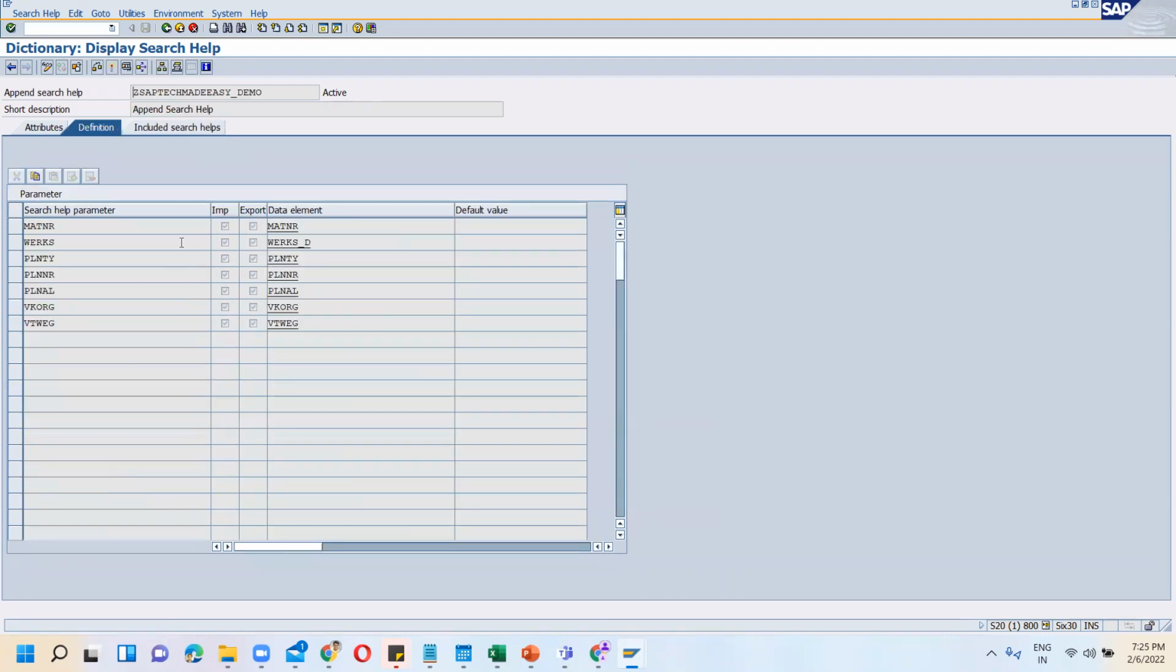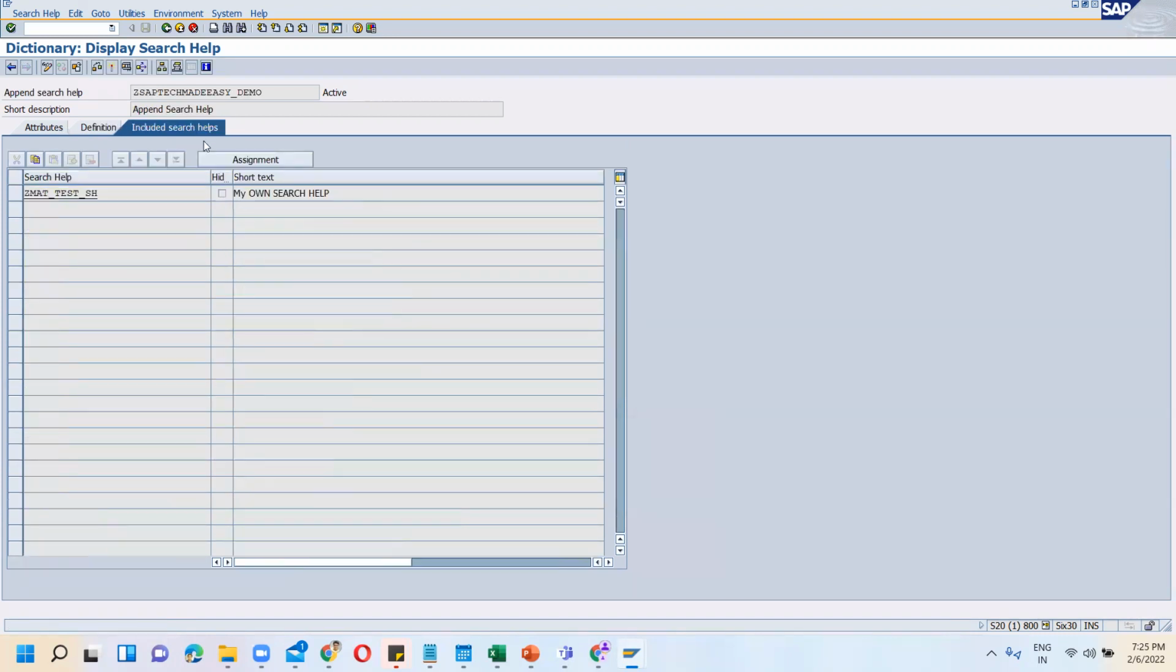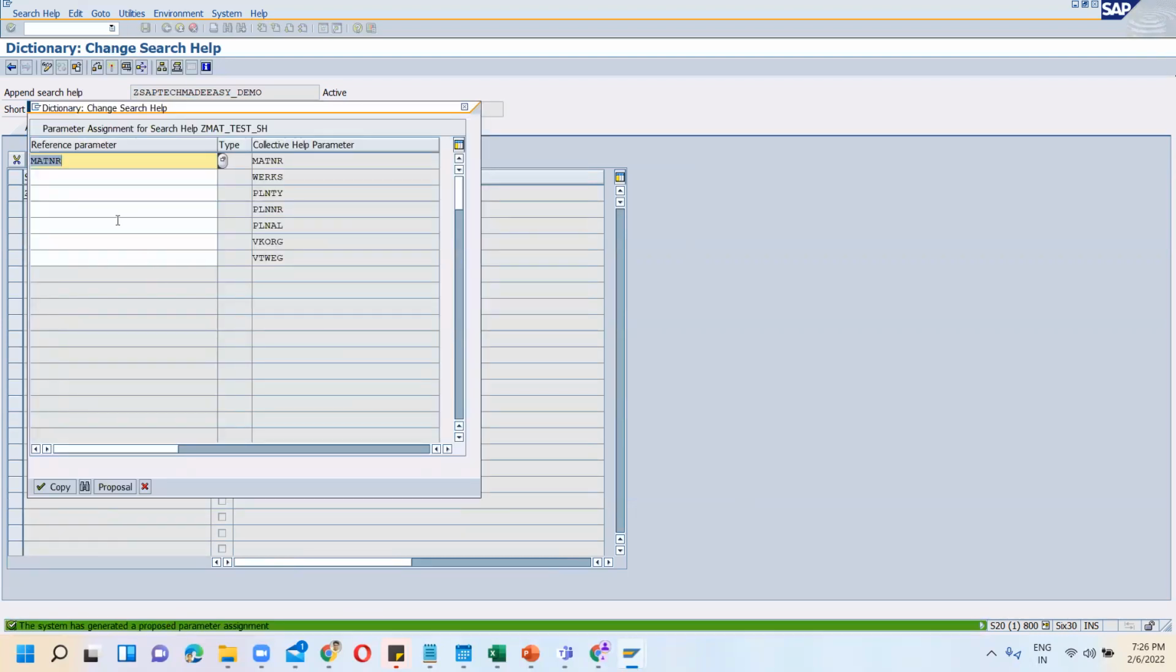Double click over here, and here is the included search help. Click on this assignment. You have to do the assignment so that the data will be automatically populated. Generally we do the assignment whenever we have a collective search help. Inside the collective search help we have this append search help, and now we have to do the assignment. Select this one, click on assignment, click on this yes button, and